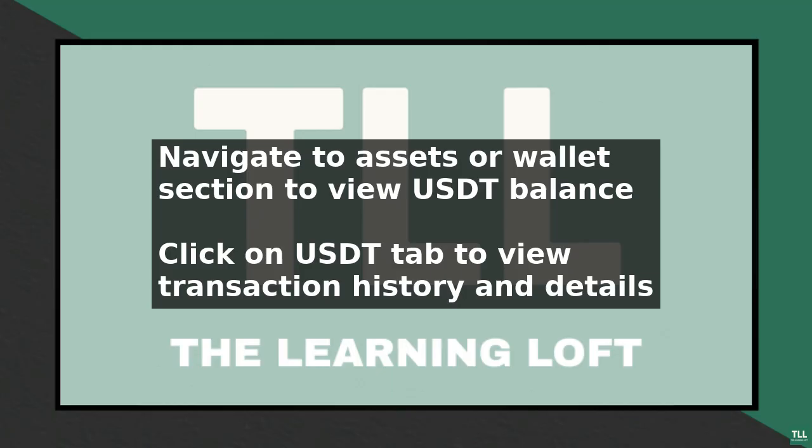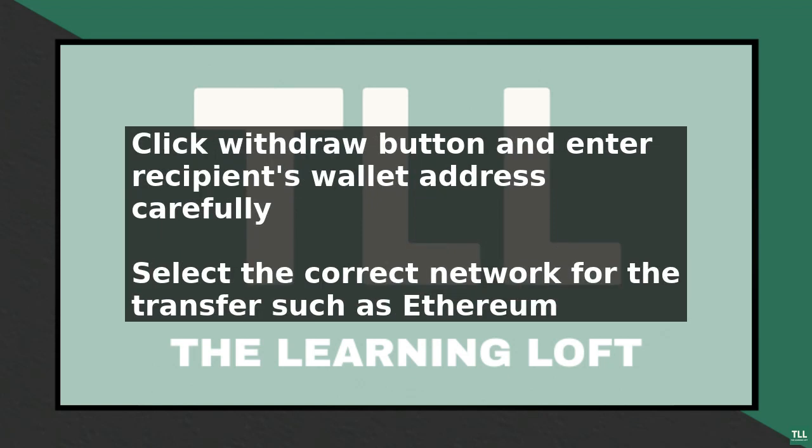After entering the wallet address and selecting the network, enter the amount of USDT you want to transfer. You can enter the amount in USDT or in the equivalent value of the selected network's native cryptocurrency. Before confirming the transaction, review the withdrawal details, including the recipient's wallet address, the amount of USDT being transferred,